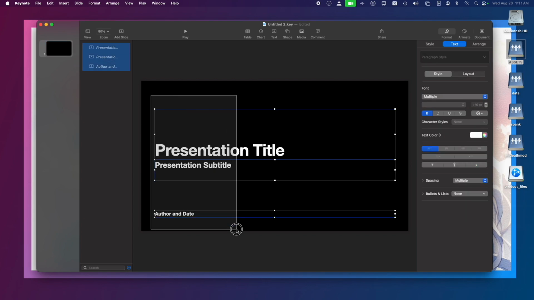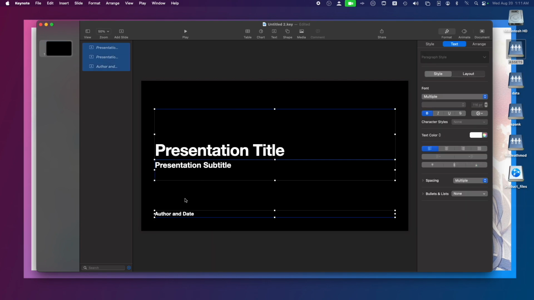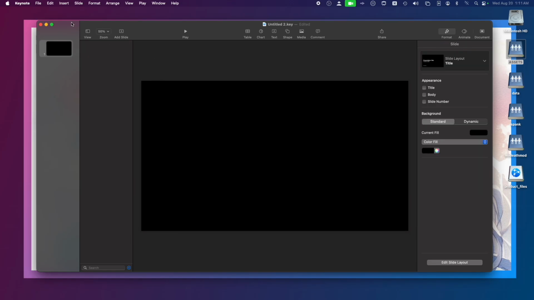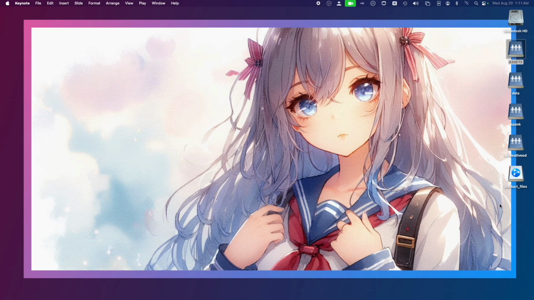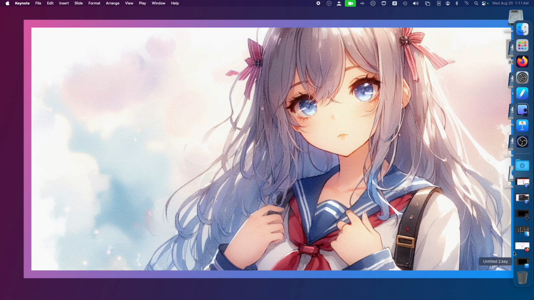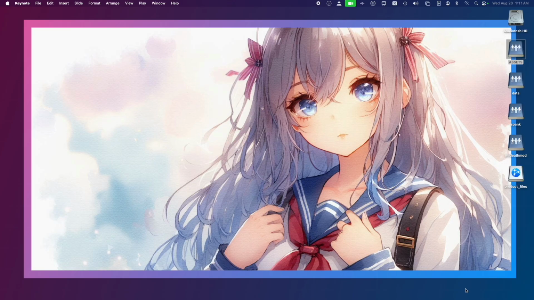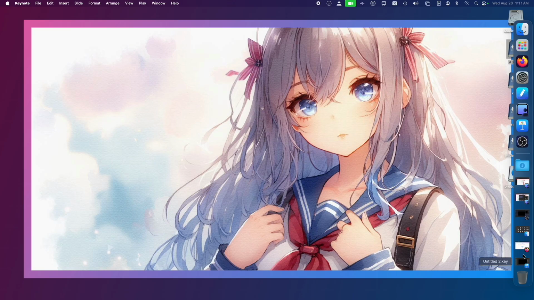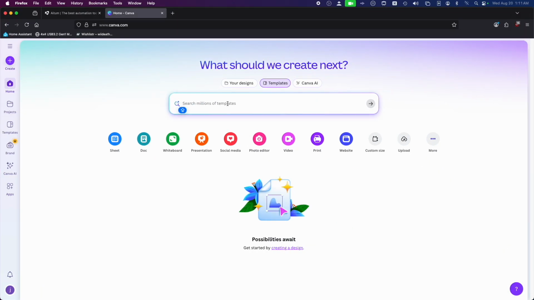Okay, so this is how it would look once you start up Keynote and select your thing. But that's just the basics for programming your layout. If you want moving images without the transparent background, you need to use something like Canva. You need a professional license to remove the background of the video, and then you save it as a GIF, and then import it into